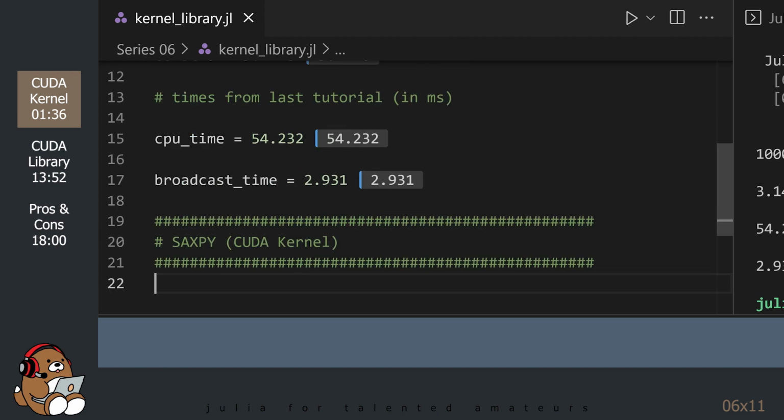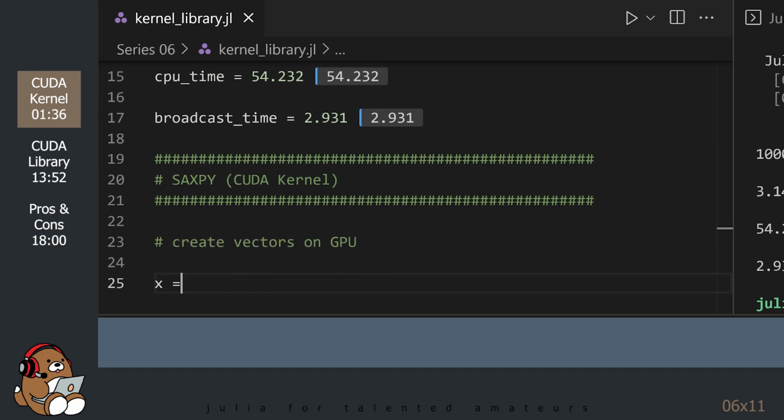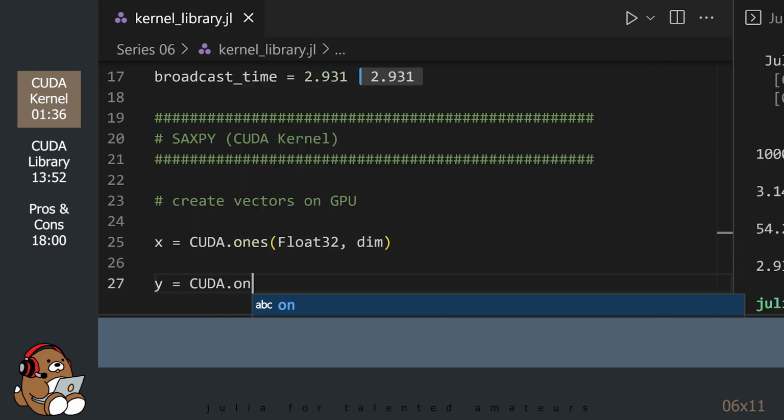Okay, let's learn how to create our own custom CUDA kernel to calculate Saxby on the GPU. A CUDA kernel is just a function that runs on the GPU. Let's start by initializing the vectors x, y, and z as Cu arrays.